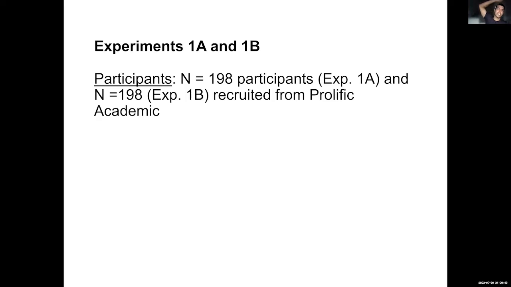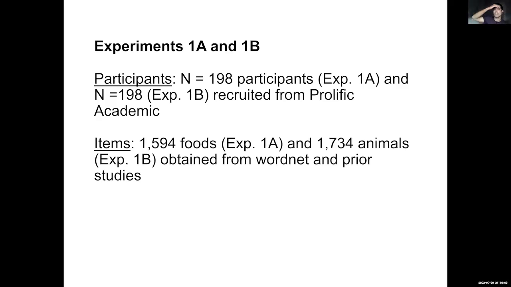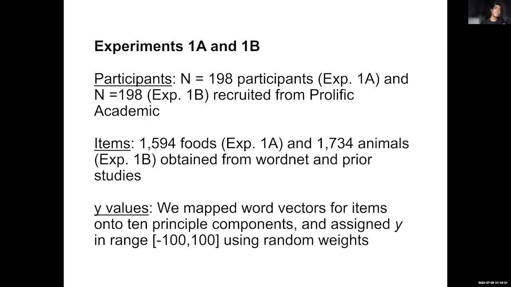So we're going to explore this tension, if you will. We have several experiments. I'll just tell you about the experiments up front, and then I'll present all the data one by one. Our main experiments, 1A and 1B, involved around 200 subjects each. In experiment 1A, participants were given essentially the task that I just told you. They could search for around 1,500 different food items that we had compiled using WordNet and prior studies. So we generated this mega list of around 1,500 food items. In experiment 1B, we had around 1,700 animals that people could search for. Again, similar task.